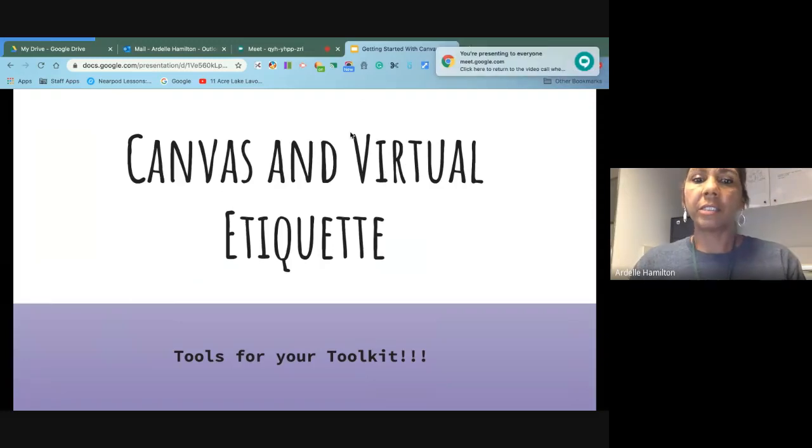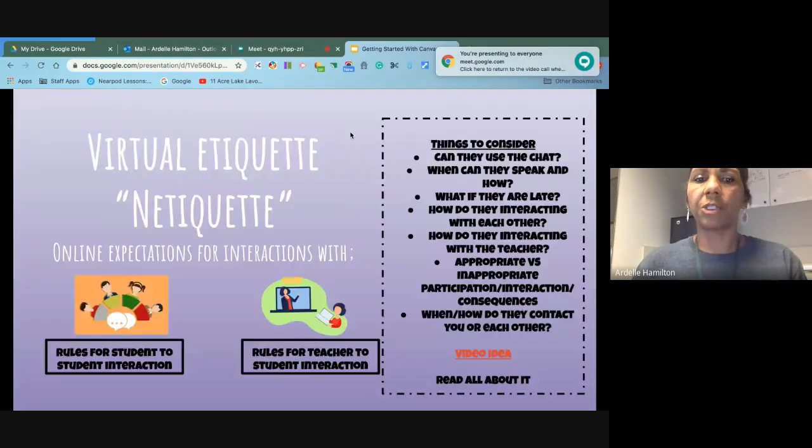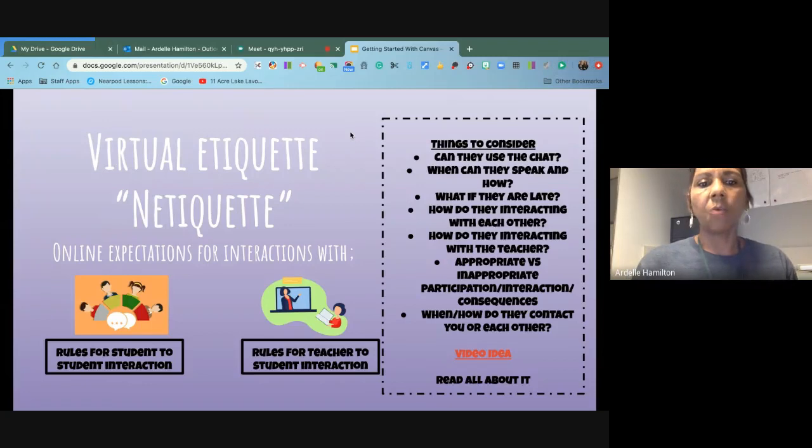Okay, so we're going to start with a little virtual etiquette. Why virtual etiquette? Well, that's basically like the rules of your classroom. Your online expectations for the kids need to be clear and concise. There should be rules for how they interact with each other and rules for how they interact with you as the